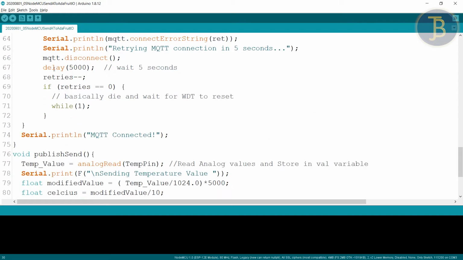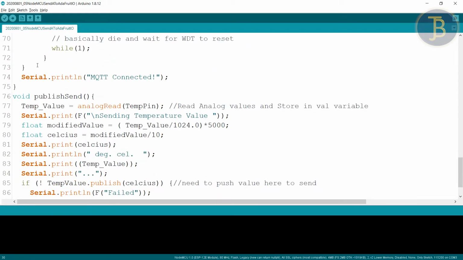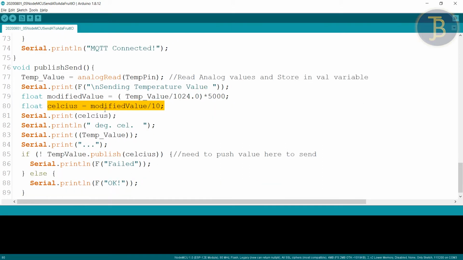And in the logic section we have to read this value using the analogRead function, and to convert this value into the appropriate Celsius we have to apply this formula so that we will receive the value in Celsius. We have printed both values here, temperature value as well as Celsius, so that you can check it out. The temperature value default, if you forgot, then the value will become like this.